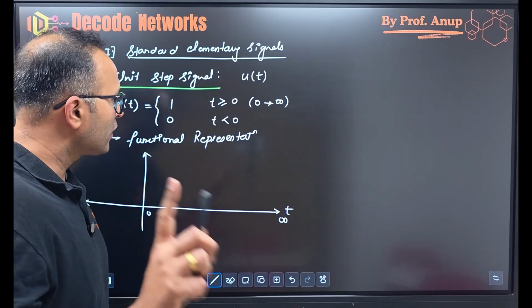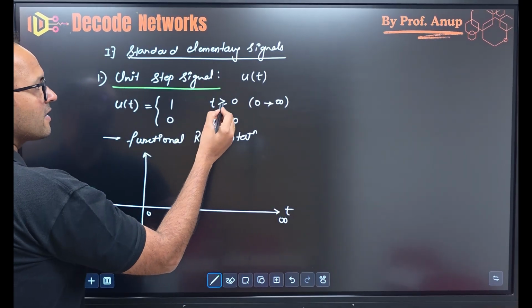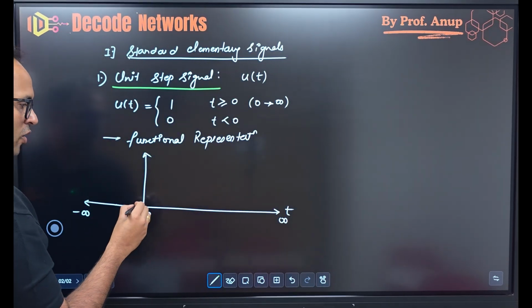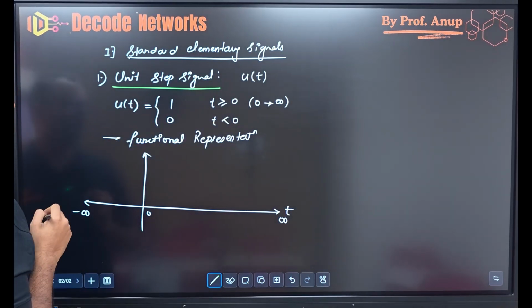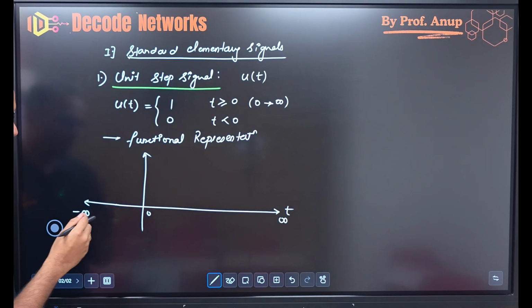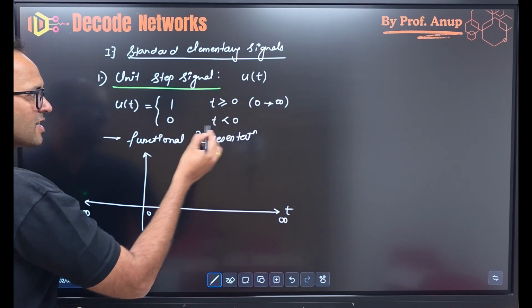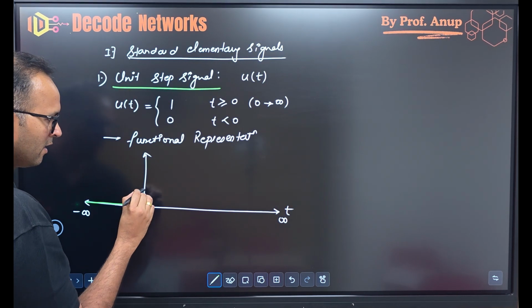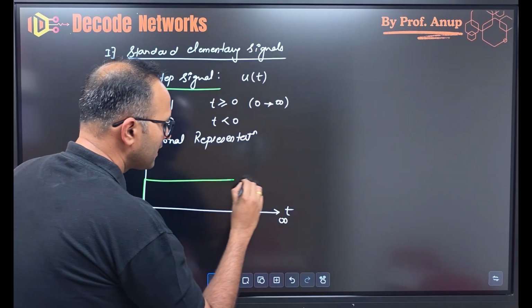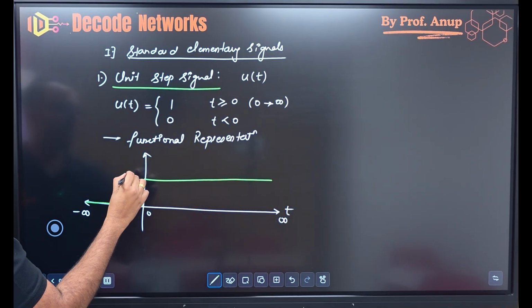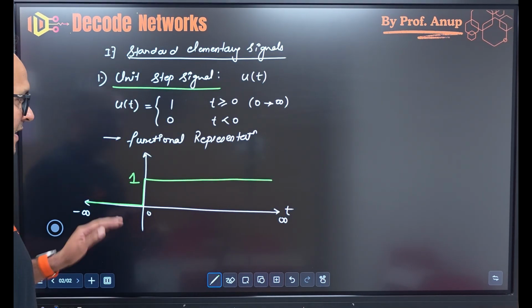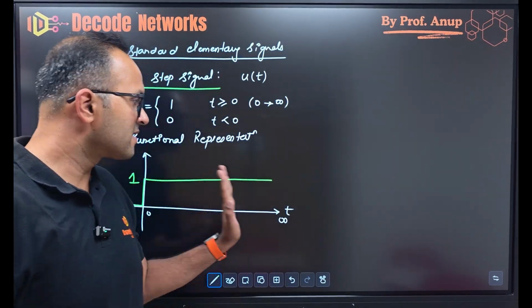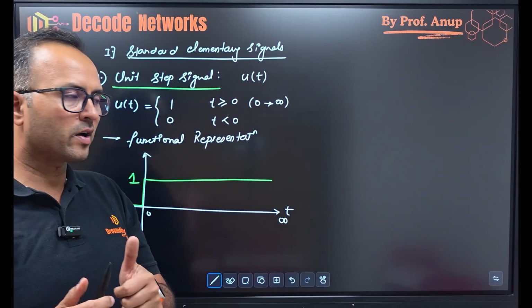Now what you understood is that for t greater than or equal to 0, means at 0 also you have amplitude. What is your amplitude? 1. So coming from minus infinity, your signal is 0. See, less than 0 is 0. So I will be making 0 till here. Then it will take amplitude of 1 and then it will maintain amplitude of 1. Understand students, it will maintain amplitude of 1 till infinity. It is an infinite signal. Hope you are clear with this.